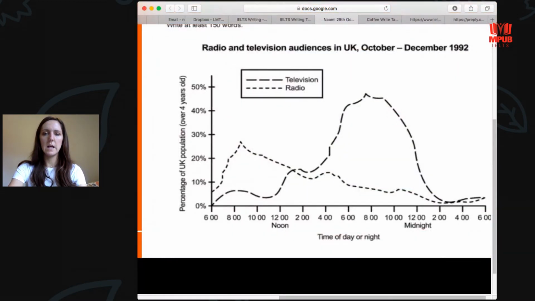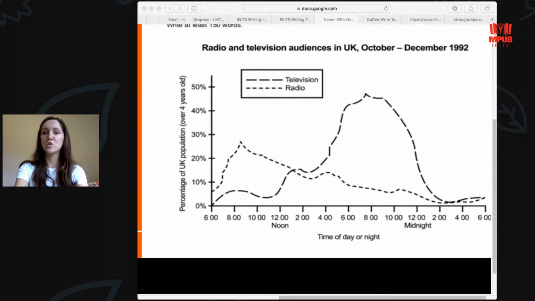TV viewers in, okay, so it's not just 1992, is it? It's October to December. So in October to December 1992, TV viewers in the UK